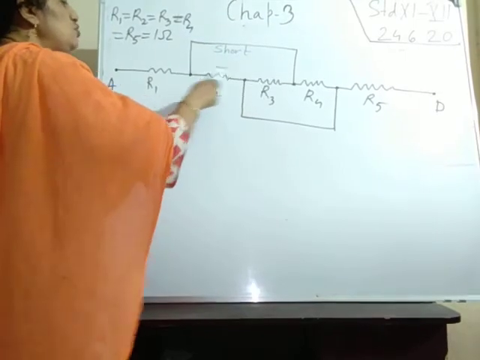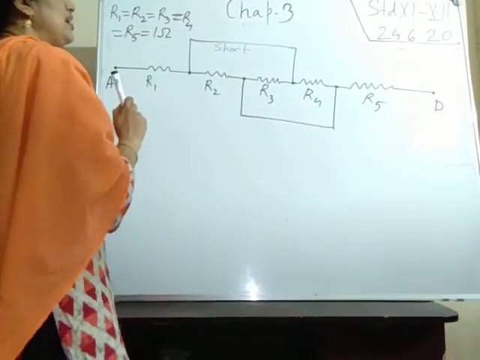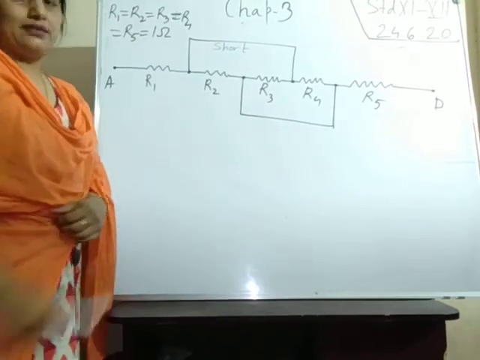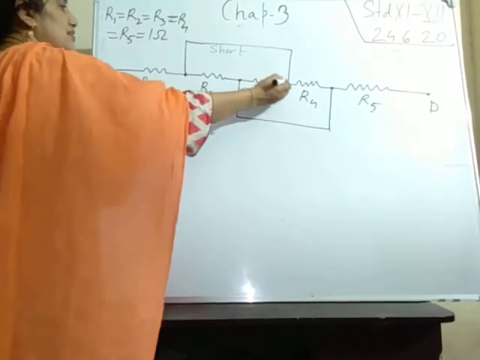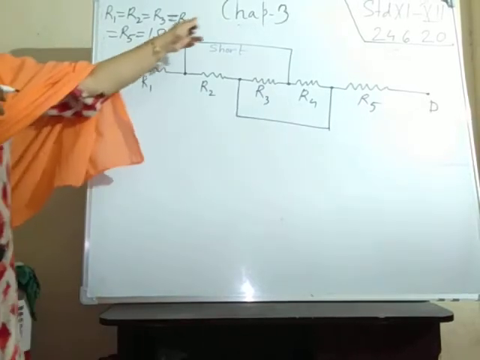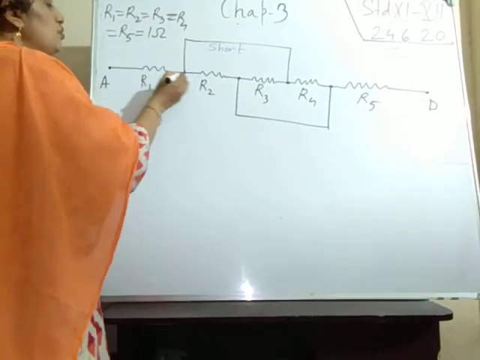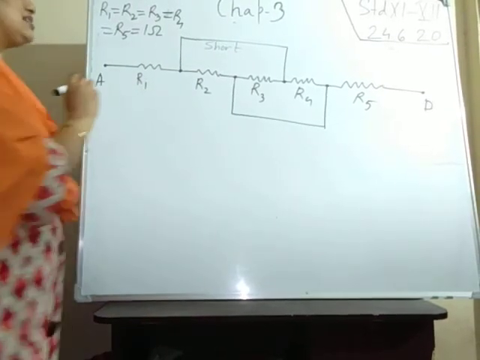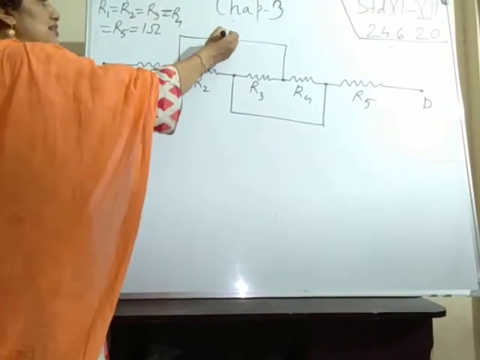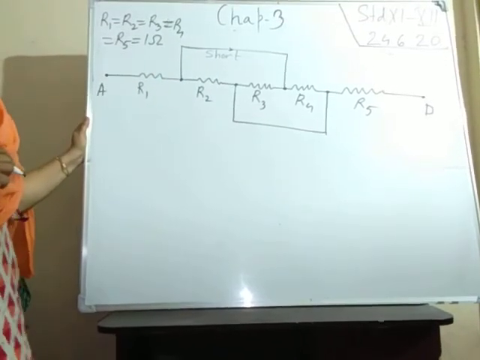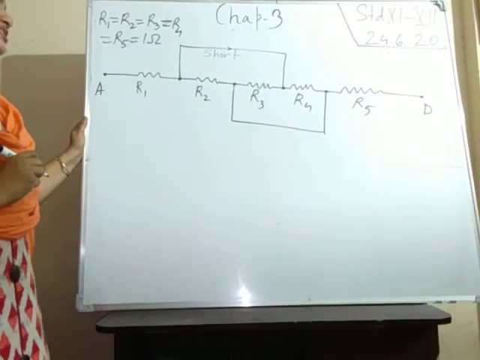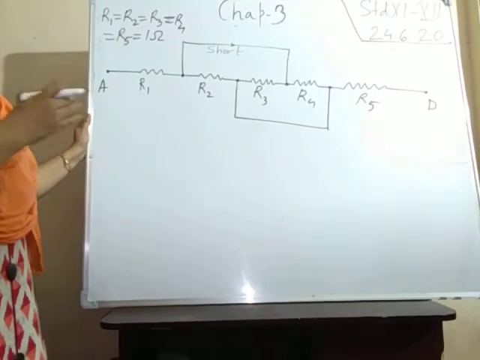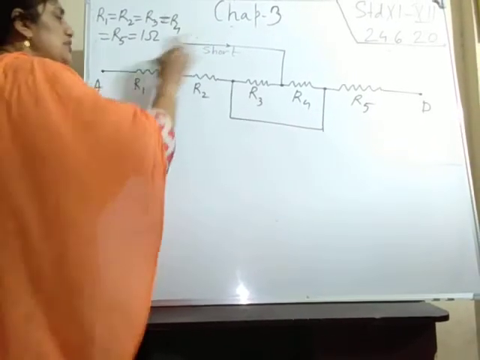Look, these 2 points are connected with a connecting wire, and also these 2 points are connected with a connecting wire. So when these 2 points are connected with this wire, then current will not go through this direction, because there is resistance. Current rather chooses this path, because there is no electrical instrument in this path. That means there is no resistance. So this is known as short. In this way a short circuit happens. So that path is known as short.